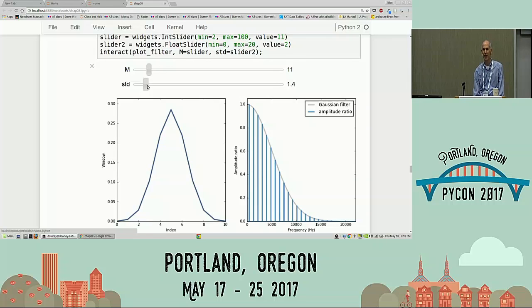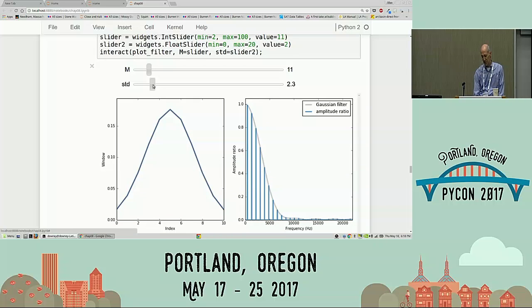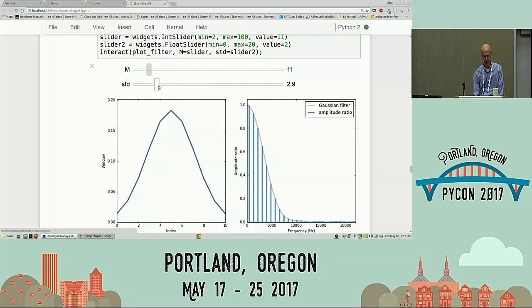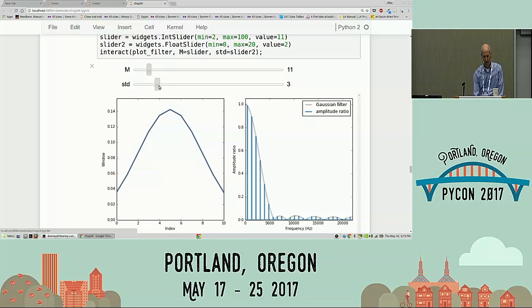So this is like a moving average with a bigger and bigger number of points in it. So I'm getting more smoothing, so I'm getting more high-pass filtering, and so the cutoff frequency is getting lower and lower. So if I go from 1.4 to 2, now it looks like my cutoff frequency is down below 5,000 hertz. If I increase it more, let's go to 3, the cutoff frequency gets lower,